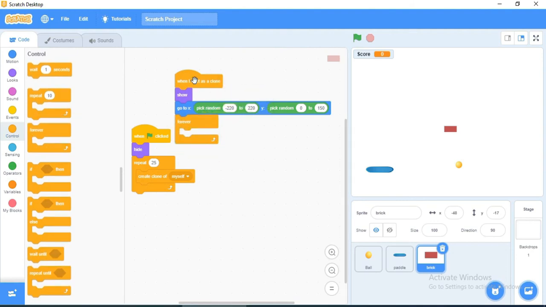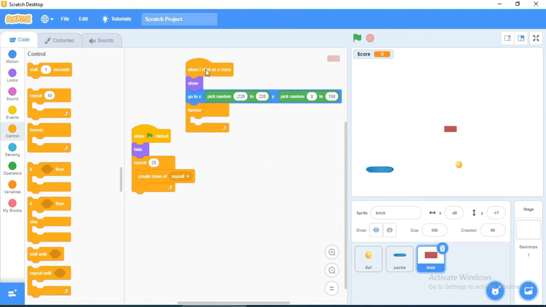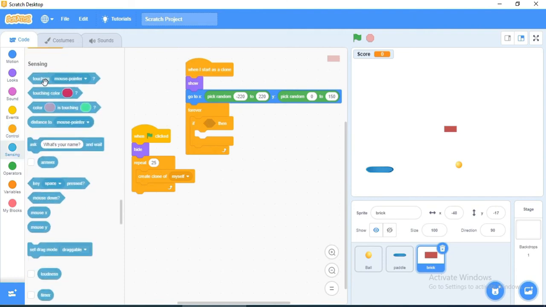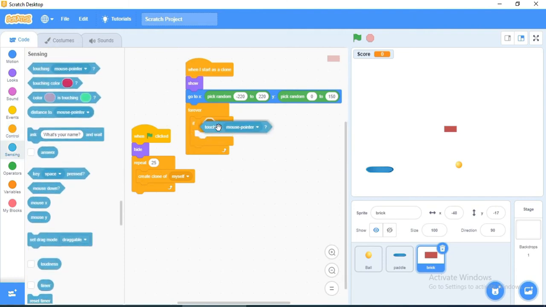Whenever the ball touches the brick, what happens? If the ball touches this brick, or this brick touches this ball, as we are designing the code for the brick,